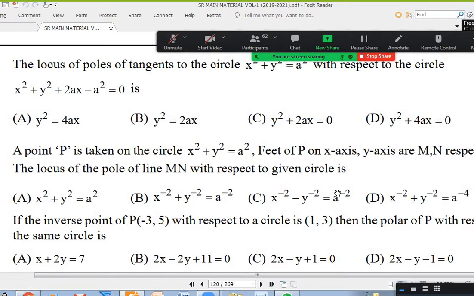Listen, circles is a very easy topic. In the beginning, some parts may be difficult, but actually it is very easy at the end of it all. So I want you to be very strong. Use this next 1 week properly after tomorrow's exam. The reason is, theory is easy, and you may know how to do the questions. Just knowing how to do the questions is important, but more than that, you have to practice a lot of questions.